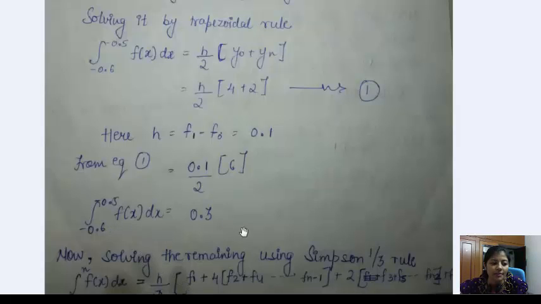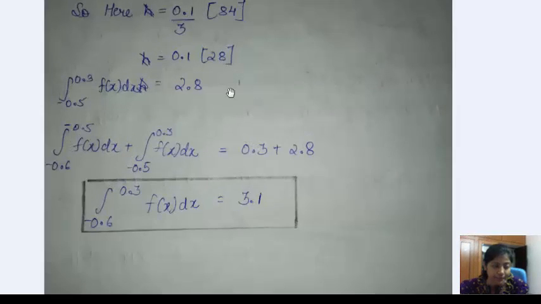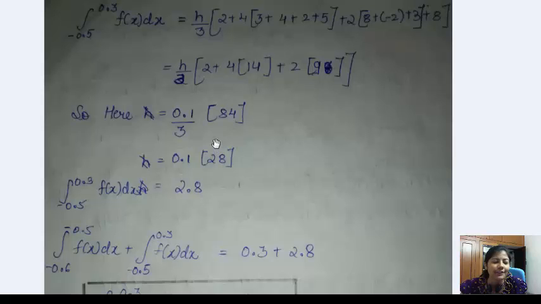Now this value of integration is just for the first point. For the second point till the 10th point, that is a total of 9 points, we will use Simpson's rule. According to Simpson's rule, we have the integration of any function from 0 to n as h by 3 into f1 plus 4 times all the even terms plus 2 times all the odd terms plus the last term. So here we'll integrate it from minus 0.5 to 0.3